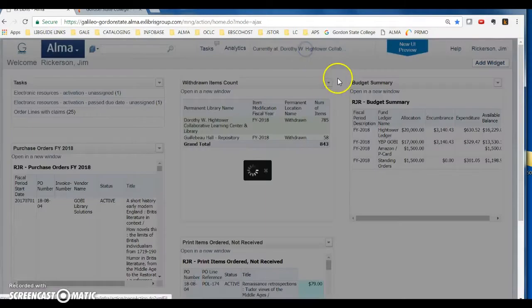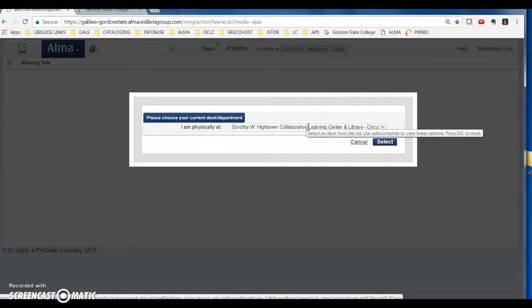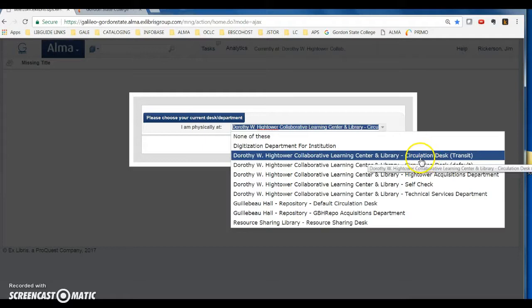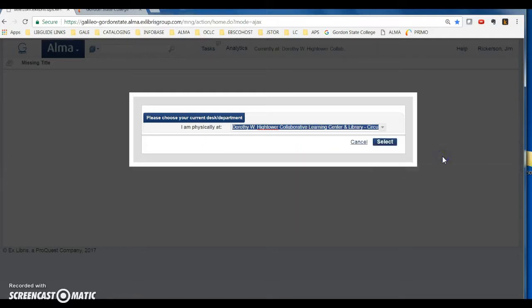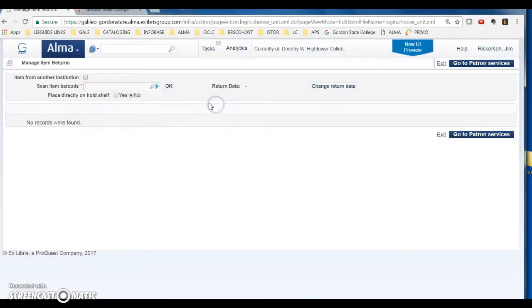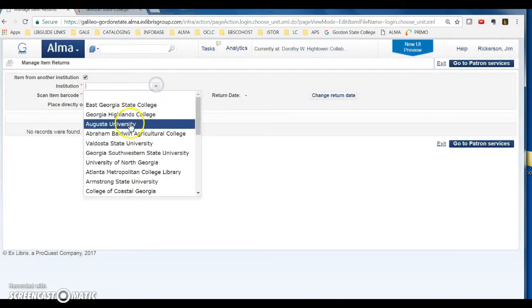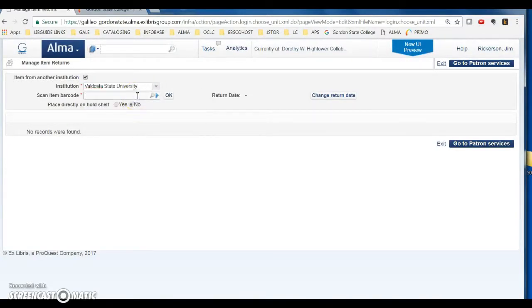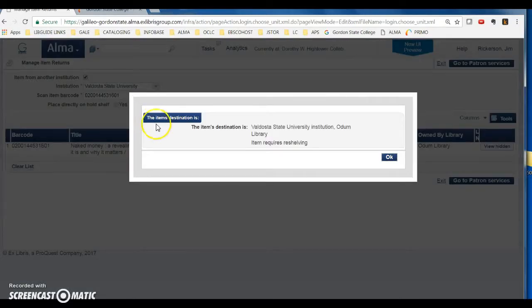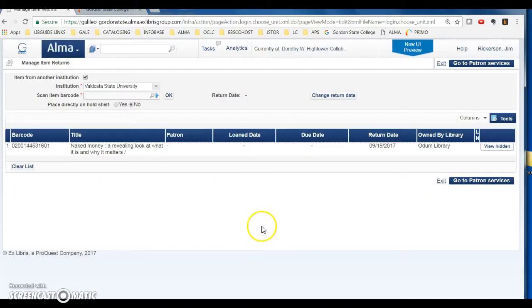What you're going to have to do, in order to get this to print out at the front desk printer, is select circulation desk transit, click select, and then go to return items and pick the other institution's name, and then scan the barcode, which is somewhere in the book, and it'll tell you the item's destination. You're going to have to wait about maybe 2 or 3 minutes, and then it'll print the